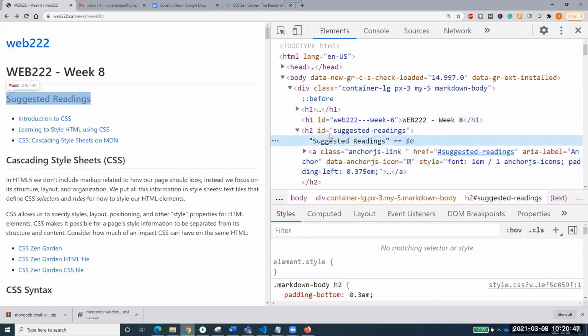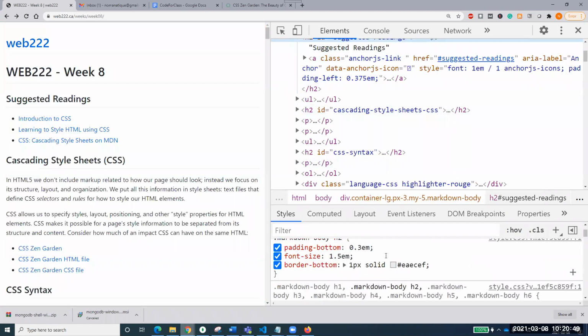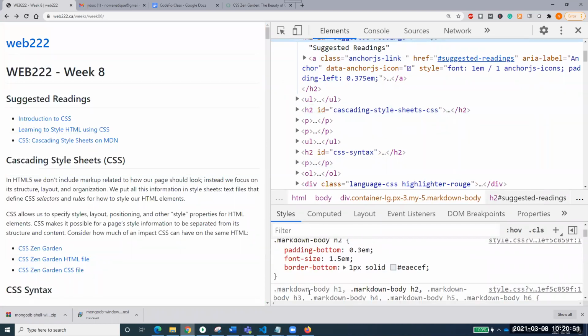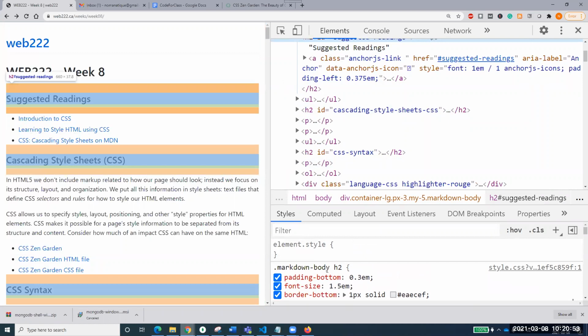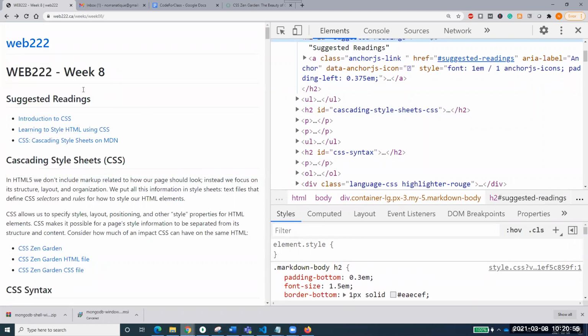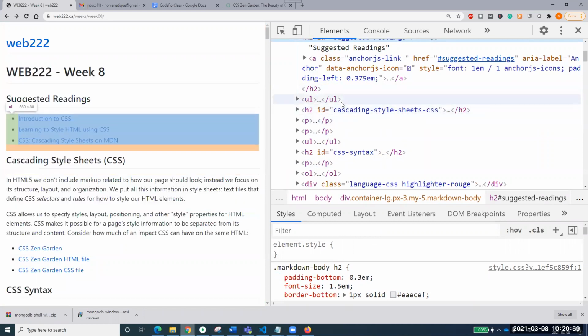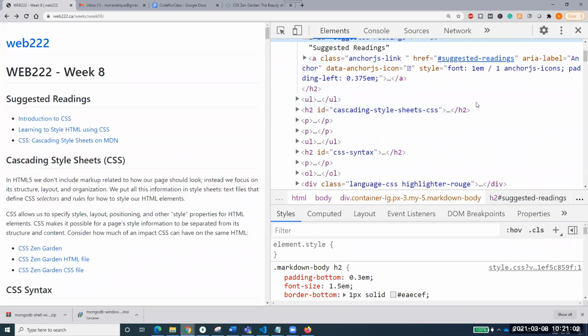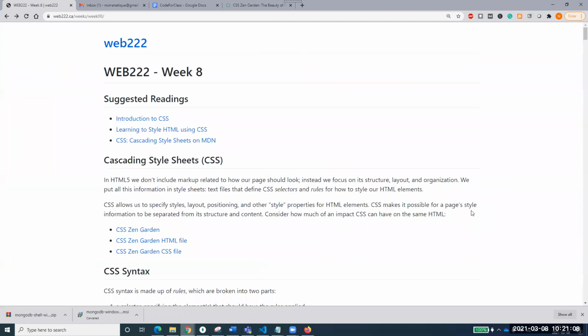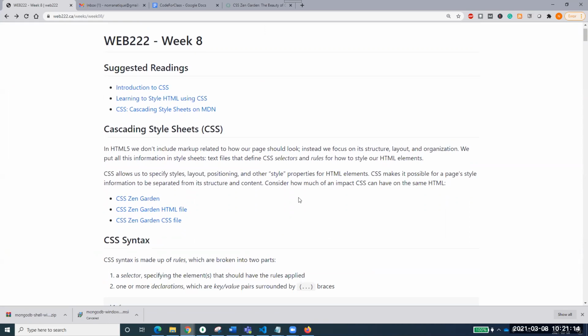So I've selected this H2 over here. And if you see here, this says padding, and there you can use the margin as well. I'll let you know what padding is and what margin is. You will be working on that, these text boxes and so on. I'll give you every example, just don't worry. Right now I'm intentionally not giving that, but in the next class, we will have a very comprehensive review of everything. The box model, what the box model is, how we can work with the box model and things like that.